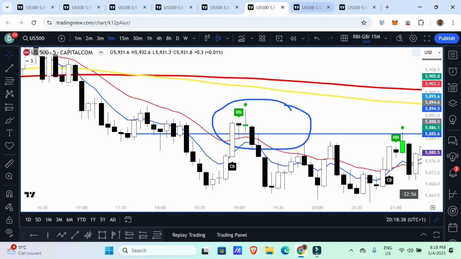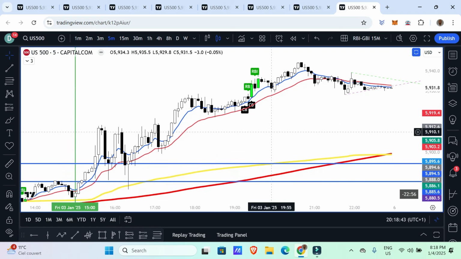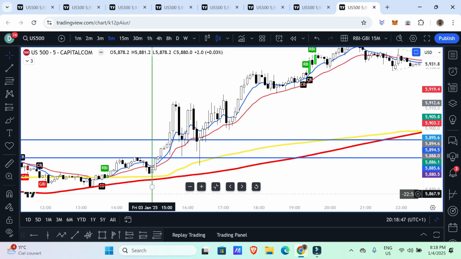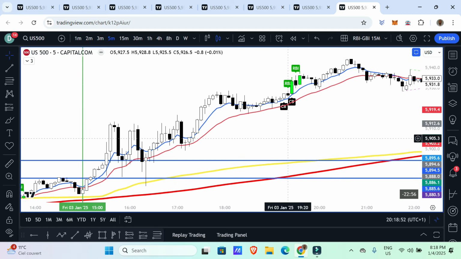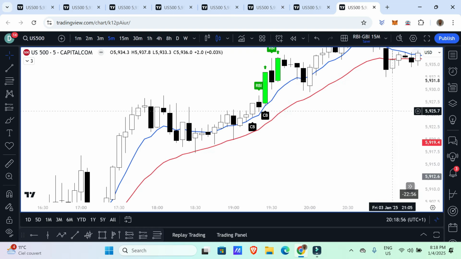But we had here one trade on the 15, I remember. That was a winner. And then we go to the last day. That's Friday, January 3rd. You can see here the green line. The first signal we got here, we will just concentrate on the signals. And the signal came